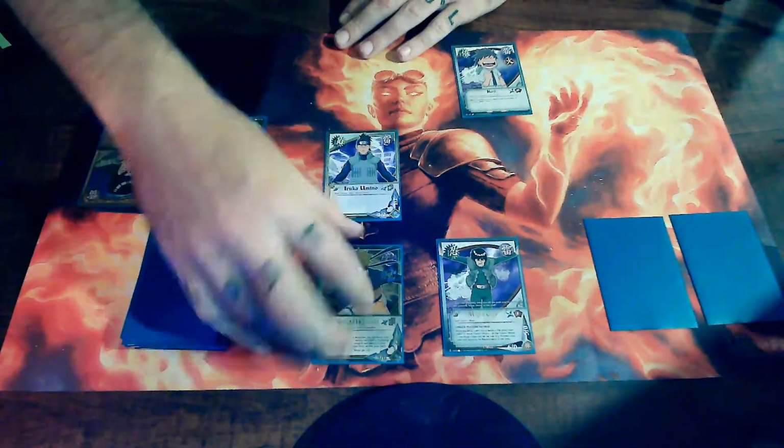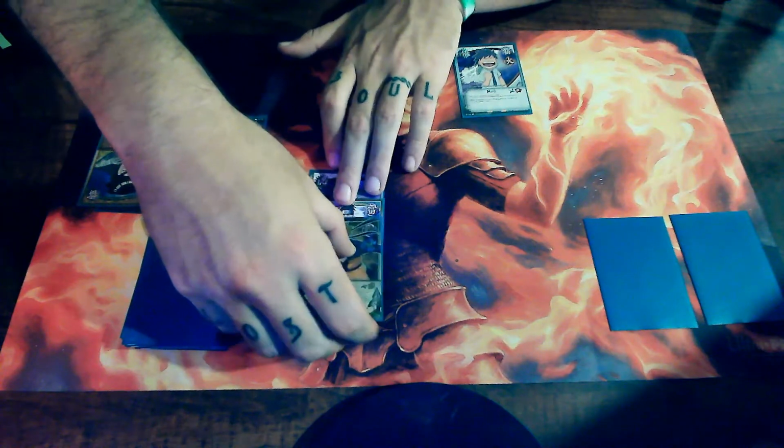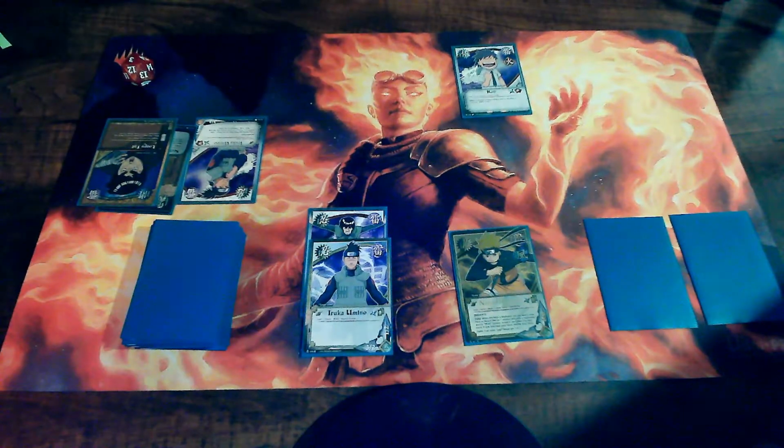So I'm going to have Naruto be the squad leader, and then I'm going to have Aruka be second and Guy be third. Now there's several ways that you can do this depending on how many ninja that you have on the field. If I wanted to, I could have Naruto stand alone and have Aruka and Guy be in a